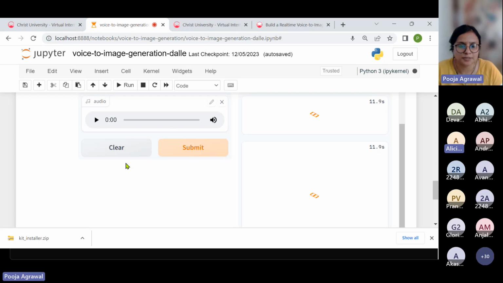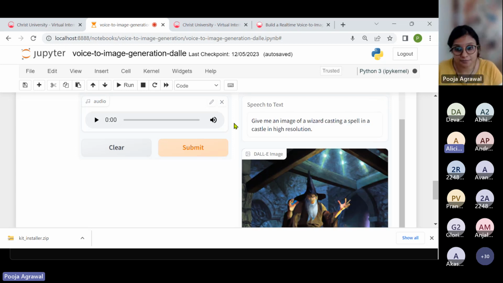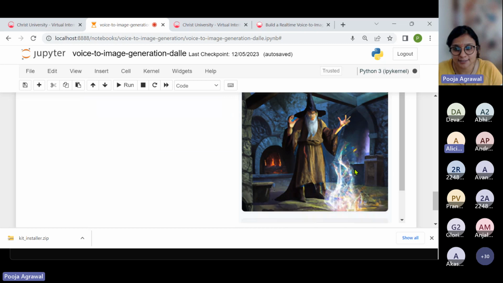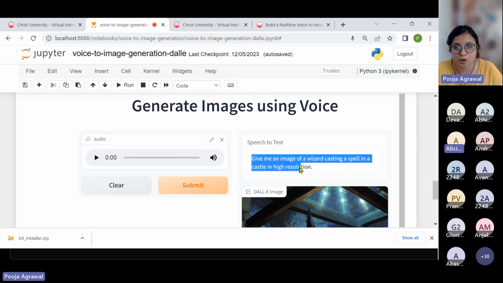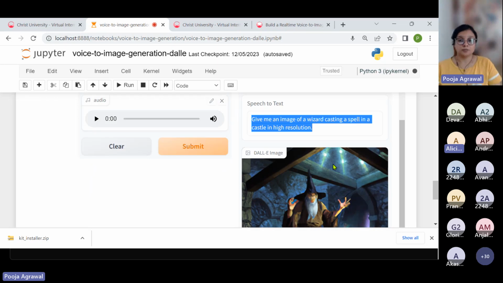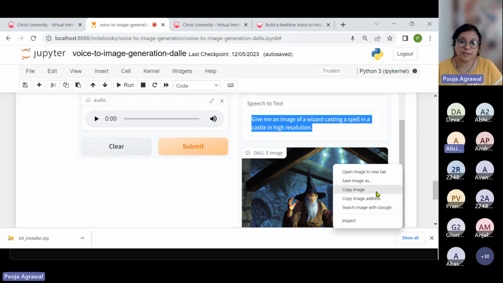It takes just a couple of minutes, which is much faster as compared to a lot of other approaches. One thing that is happening here is, wow. Yes, it looks really interesting. And the thing is, you can download this image, you can copy the prompt and use it as much as you like, and save this image in whatever format you like.